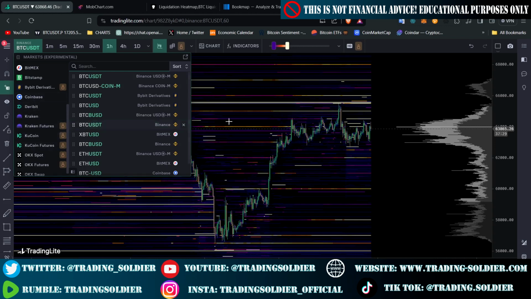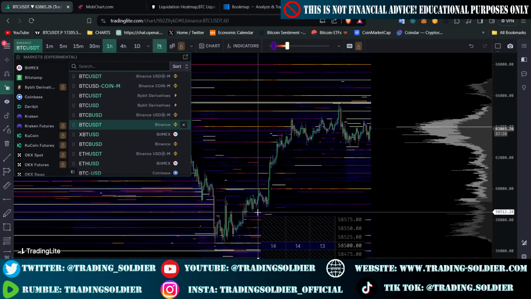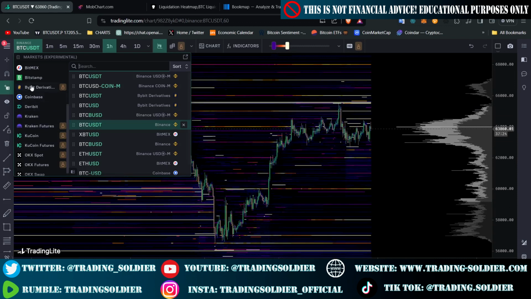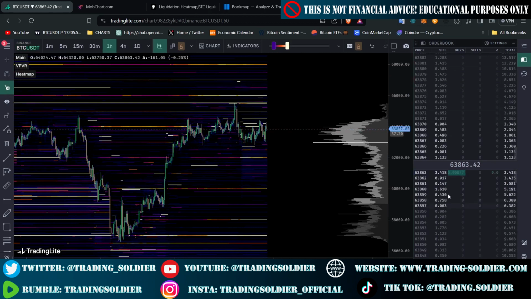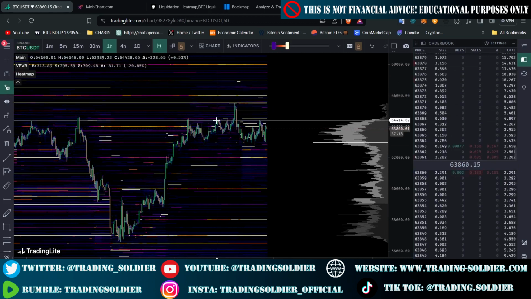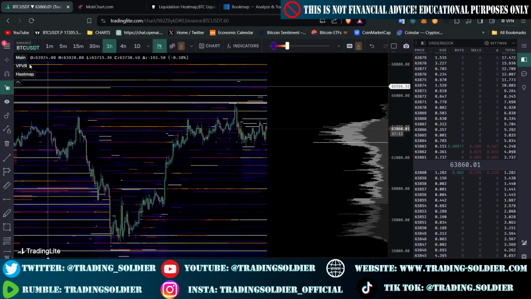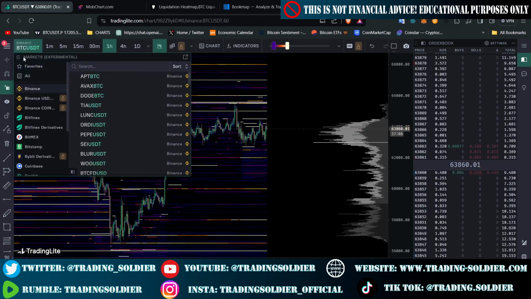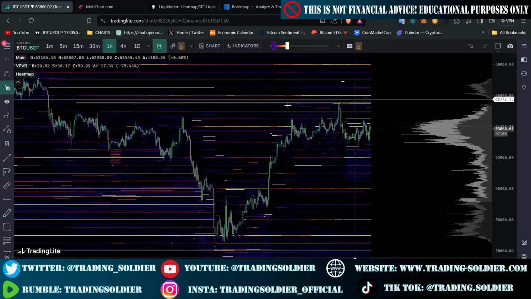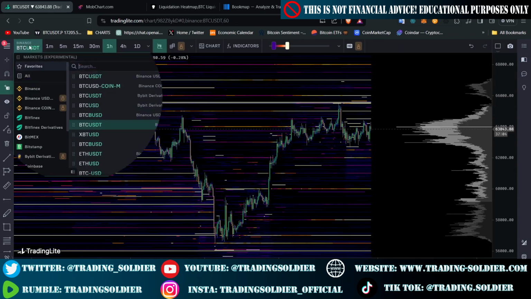So this is very important because the heat map, as I said in the beginning of the video, is built from the order book, okay? This is the order book, and the heat map is basically a representation of the order book in a visual manner, okay? So you need to take into account that when you are here in Binance USDT, you are only seeing the order book of Binance. But if you change, for example, to the